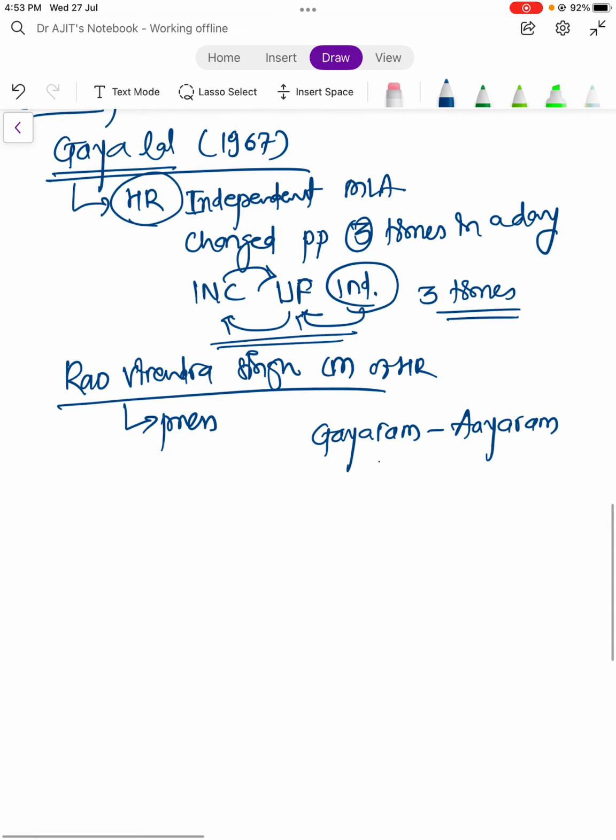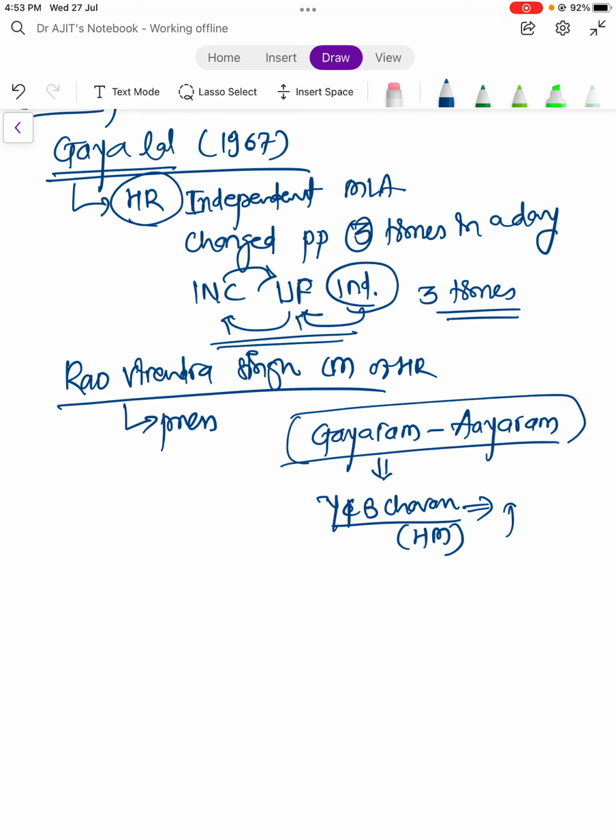Again the same term was used by YB Chavan, then Home Minister of India, and he used this term in the Parliament itself and it became a parliamentary term. It went on the record. That's why it became very famous, Gayaram Ayaram, right? Now we will see